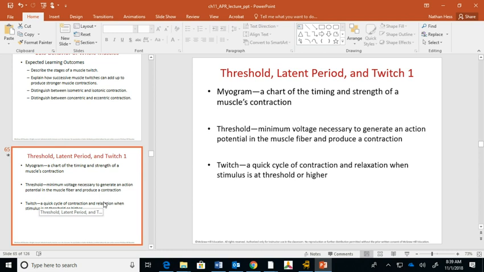So a couple of terms, and again, these are sections that I cut a bunch of pieces out. So there's a couple of terms to make you aware of. Twitch: a muscle twitch is a single stimulus that causes that cycle of contraction and relaxation. And it's a quick something, right? And it is when there actually has been enough stimulus to get over that threshold. And that threshold is that minimum voltage necessary to make an action potential in the muscle,